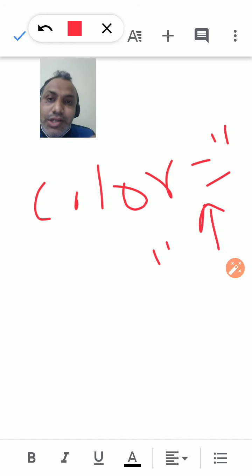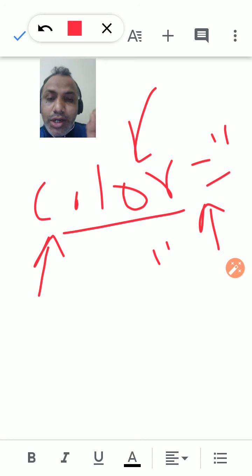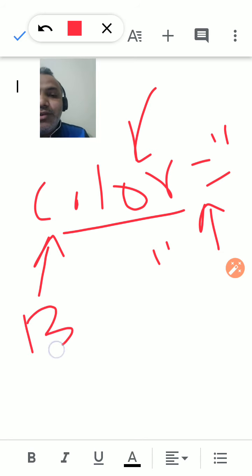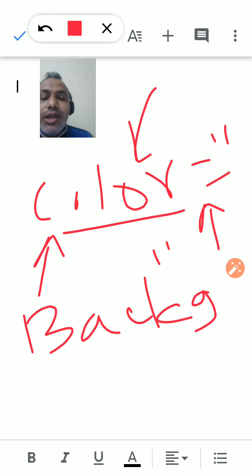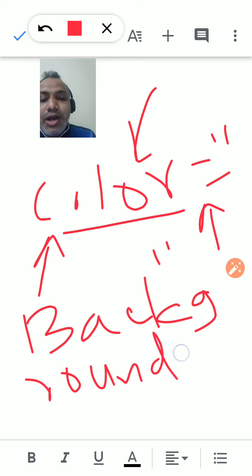What the modes are we discuss later, but first, how many attributes use color modes in CSS3. First is color, the second is what we use for the font color, or any font you want to color, so at that time you use that attribute. Then second, you know very well, background-color. If you want to design the background of any element, you use background-color. I use background-color a number of times; you can find it in the previous videos.